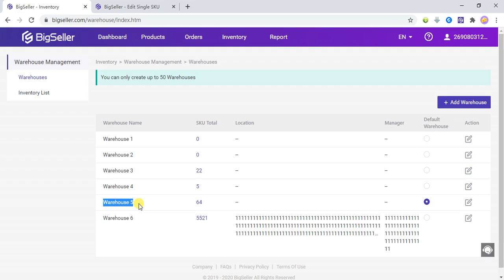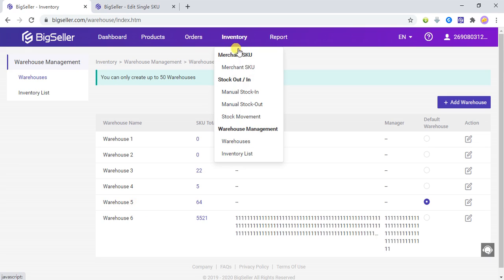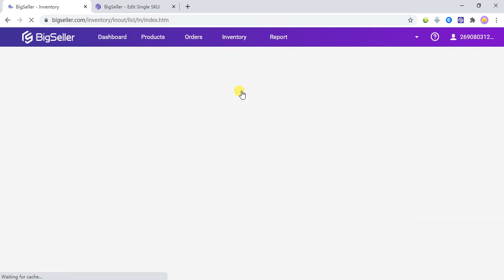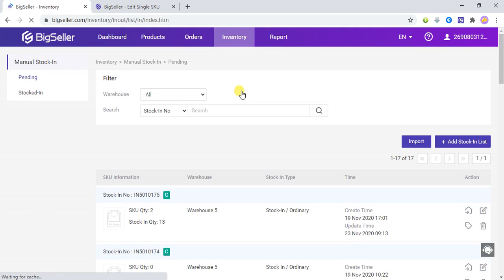Next, we will take warehouse 5 as an example to demonstrate how to put product into the warehouse. There are two ways to put goods into the warehouse. The first method is to create a storing list, and the second is to add a merchant SKU in